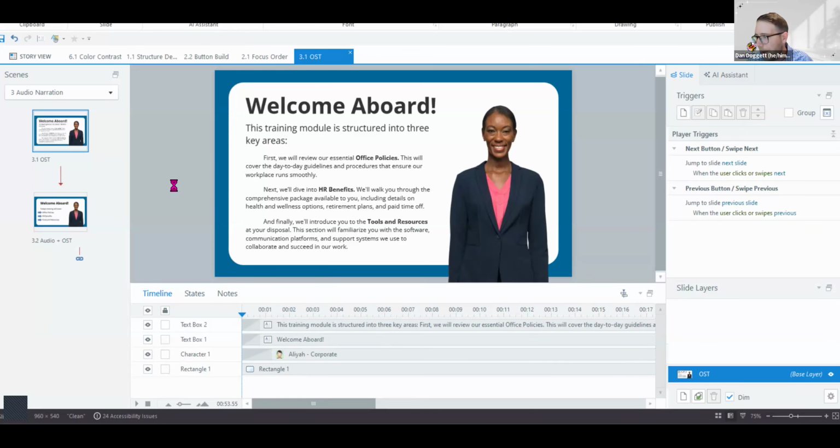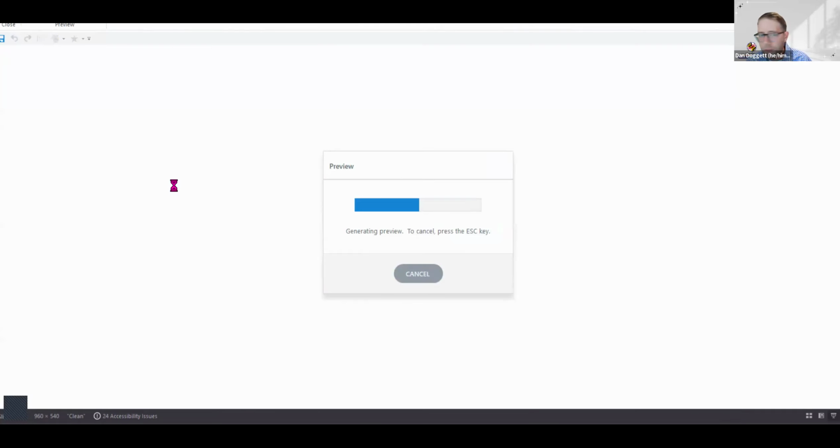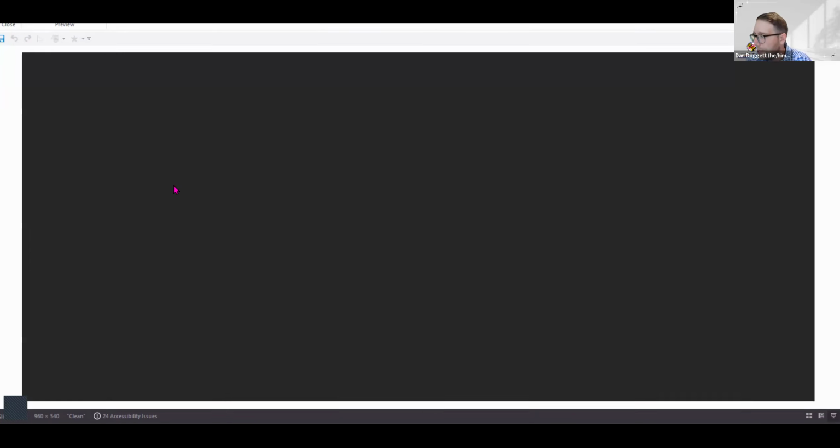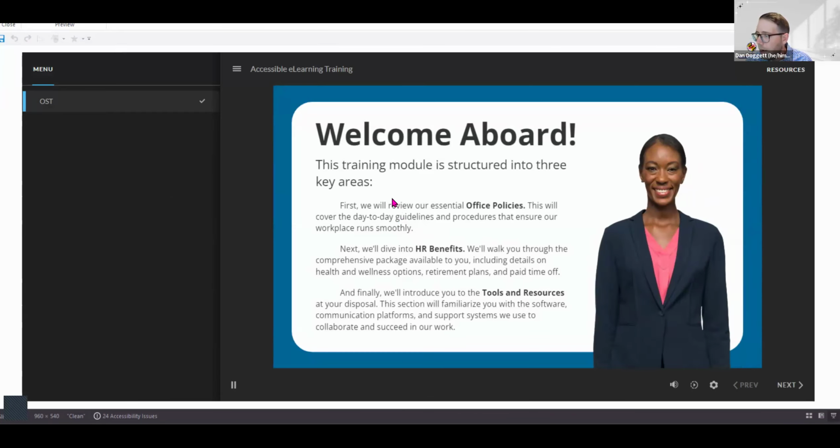I just have some simple animations. This is a basic Storyline slide. It's accessible via screen reader. Visual readers can read the slide and then click next and move on. If I wanted to change this into an audio slide with narration,